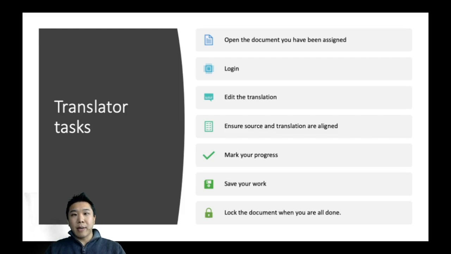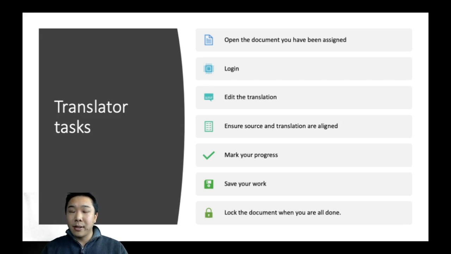In this lesson, I'm going to teach translators what they need to do in order to use Spiffio as a translation portal. In the previous lesson, we saw how a translation manager can create a document, assign it to a playlist, and then send a link to the automatic translation to a translator for review. So in this lesson, I'm going to assume that I'm a translator and I've received via email, let's say, a link to that document, and I've clicked it and opened it, and this is going to be what I see